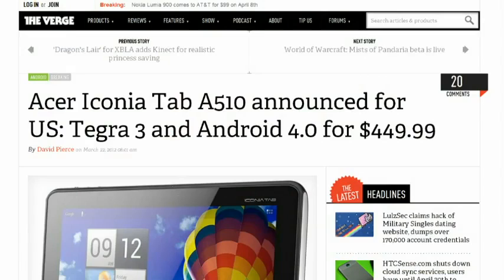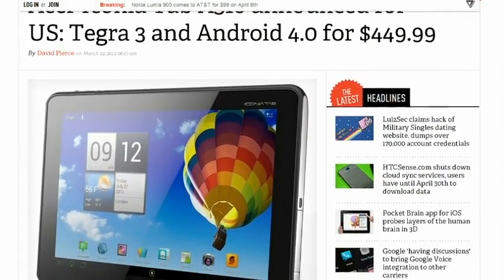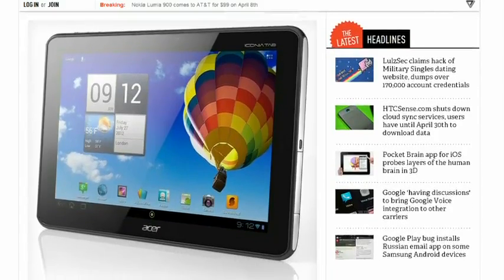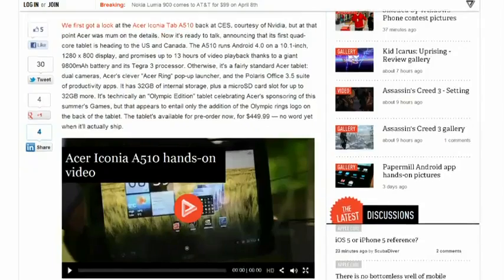So anyways, speaking of tablets, back at CES, there was some word from Acer of the Iconia tablet, and they finally rolled out some specs and some details. So the Acer Iconia Tab A510 is running Android 4.0 on a 10-inch tablet with a 1280 by 800 display. Promises up to 13 hours of video playback because it has a giant battery.